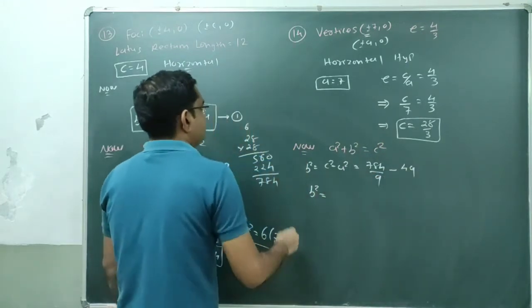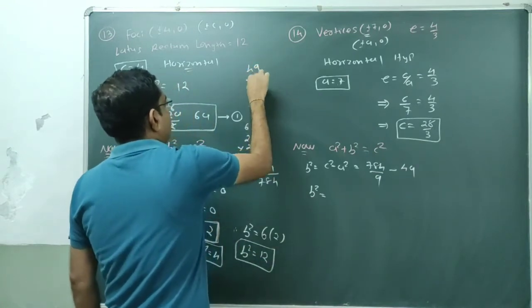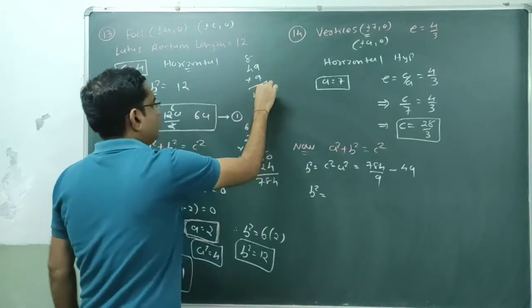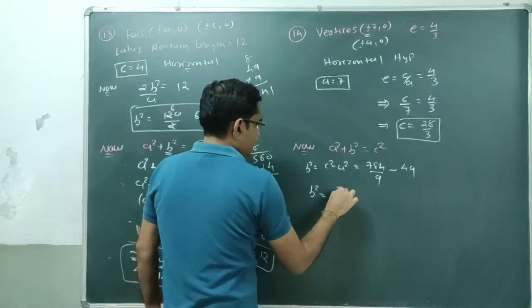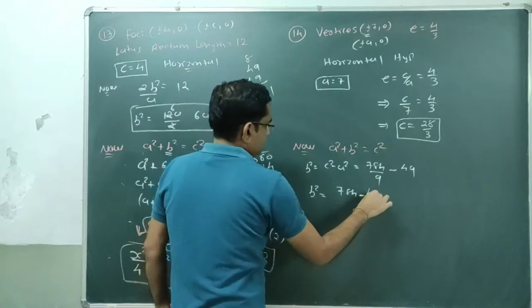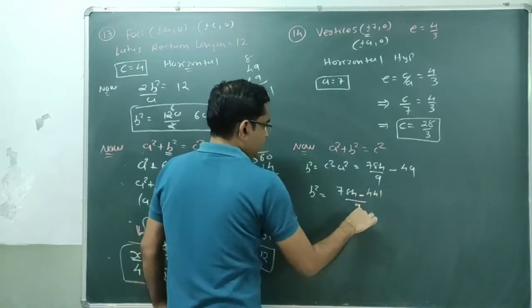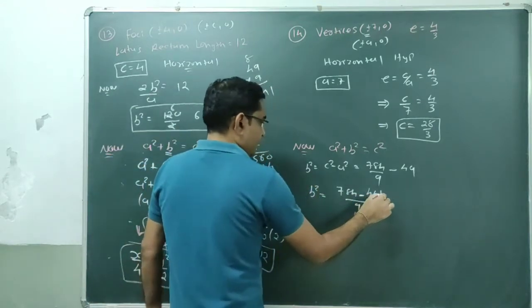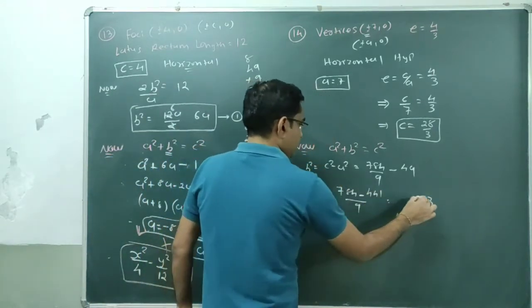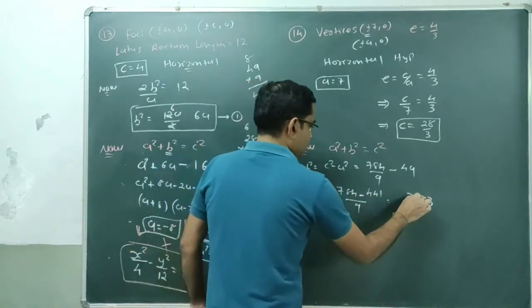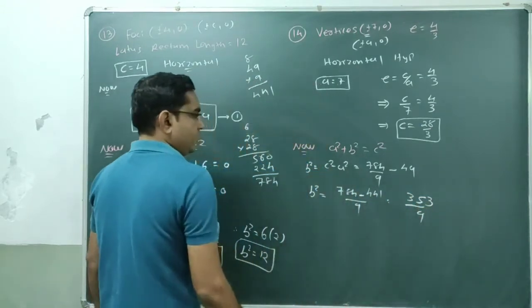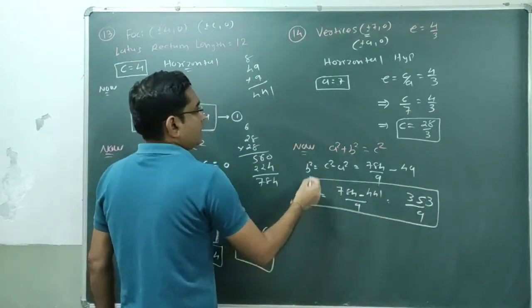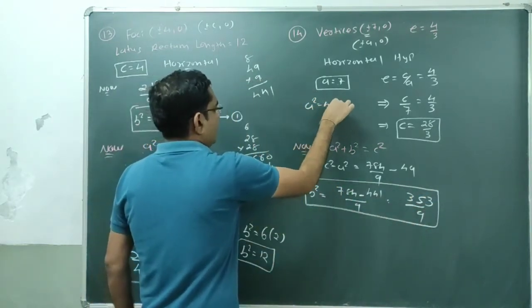49 into 9, 9 9 जा 81, 9 4 जा 36 प्लस 4, 441. So it's 784 minus 441 upon 9। अभी इसका सब्ट्रैक्शन क्या होगा, डायरेक्ट होगा, है ना। 343 by 9, this is the value of b square, है ना। सिर्फ b square ही चाहिए हमें, इसका स्क्वायर रूट नहीं निकालना। So b square is there, a square is 49 is there.